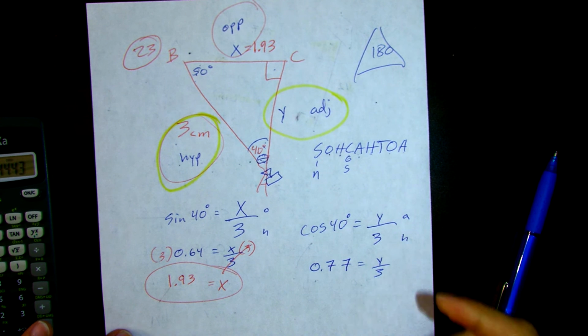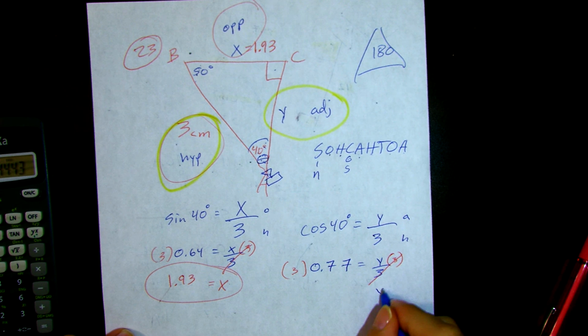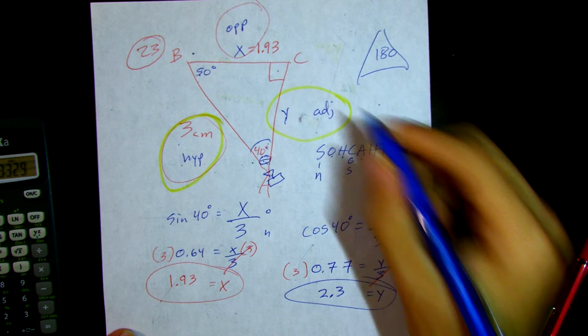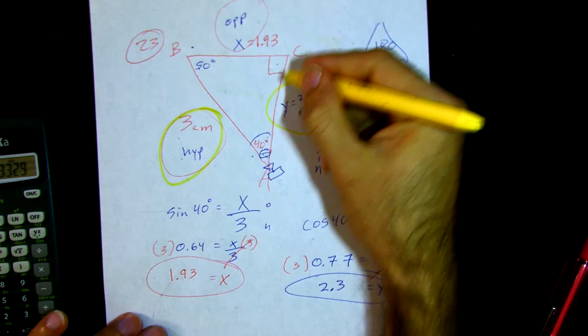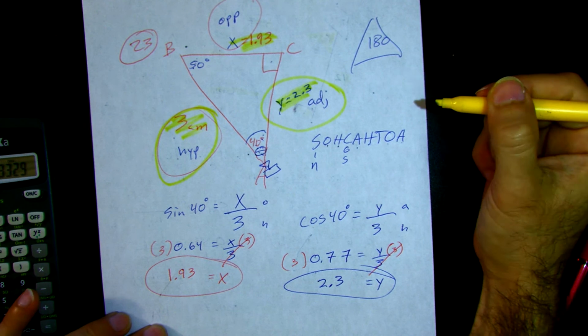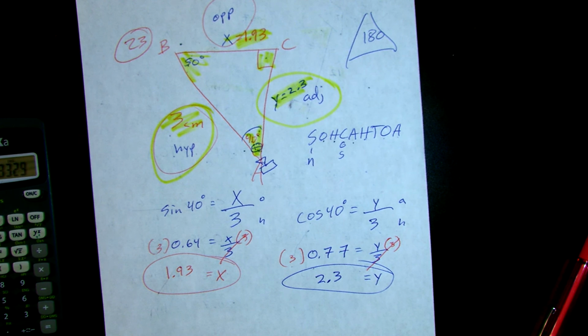Last step. Let's go ahead and multiply by 3. Y is equal to 2.3. Nice. Let's see. Did we get all the sides? 3 centimeters, 2.3 centimeters, 1.93. Yep. We got all the angles. 40, 90, 50. Yeah, we got everything. That's it. Oh, that's how it works. Yep. All right, I'm going to stop the video and check in with